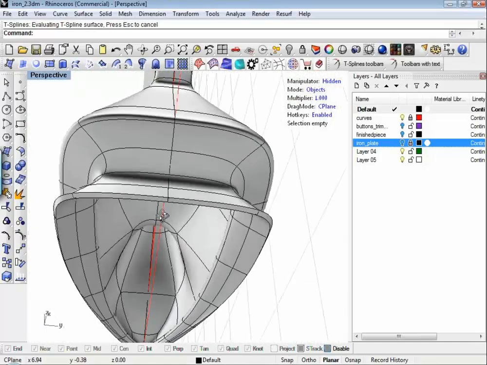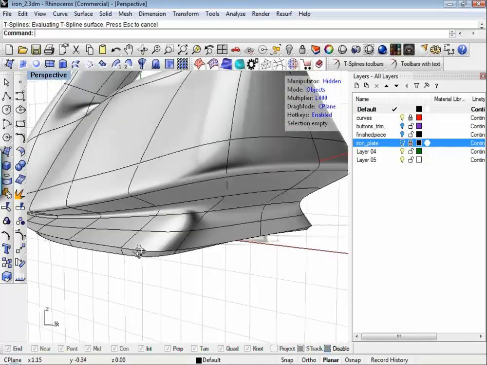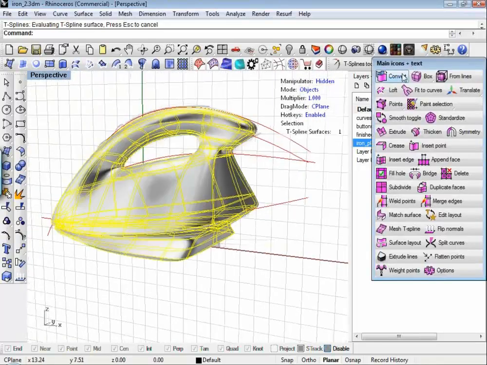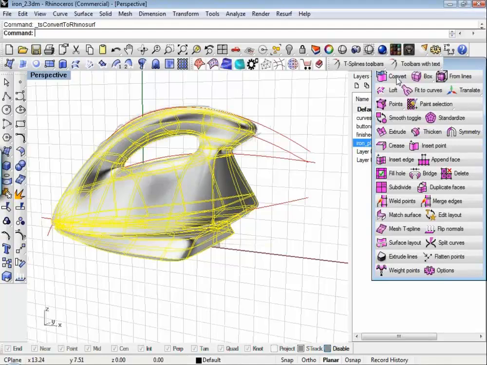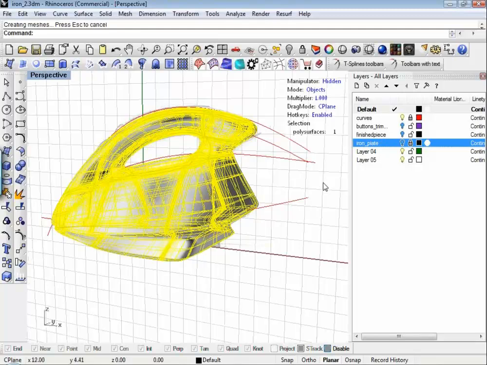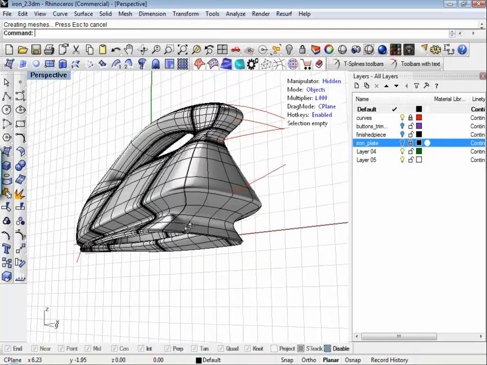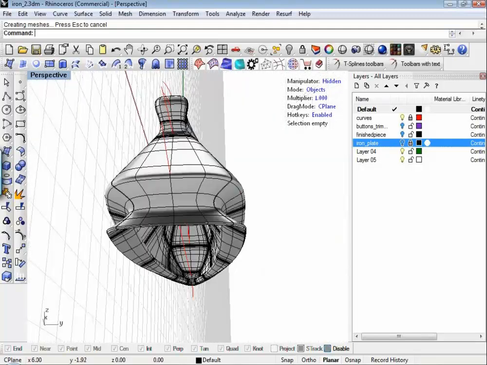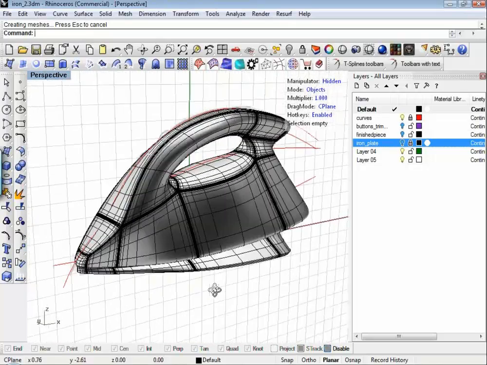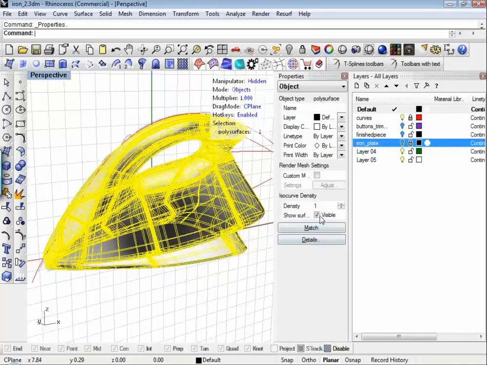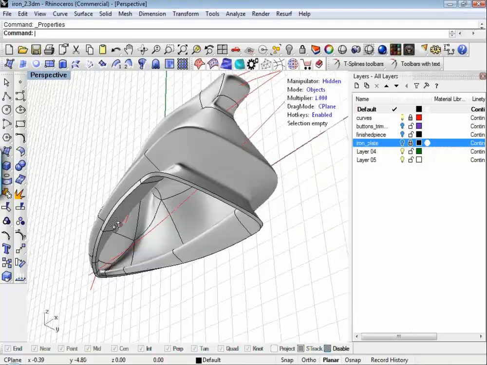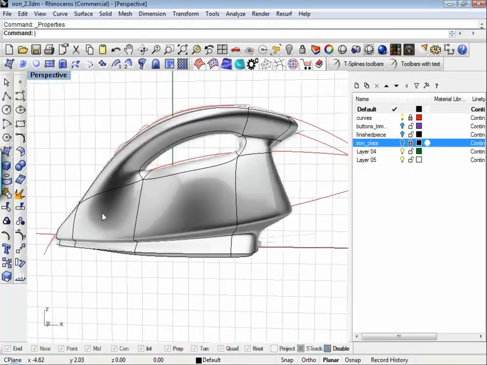So if you want to SLA this and make it into a shell, thicken it in T-splines before you convert it to NURBS. Now I convert it to NURBS, right-clicking the Convert button. NURBS polysurface with wall thickness. This is really, really helpful if you're trying to make housings or anything like that. If I bring up the objects and shut off my surface isoparams, you can clean the surface up and see a little bit. If I were to